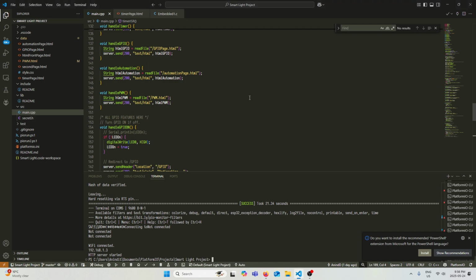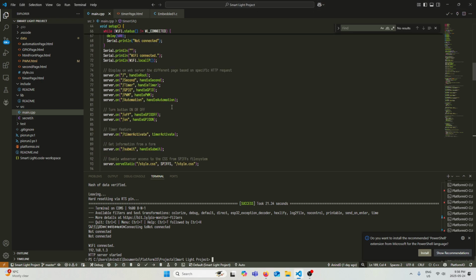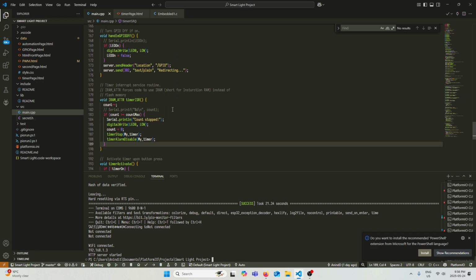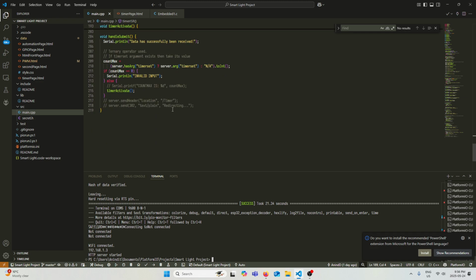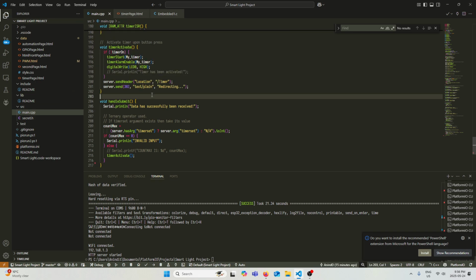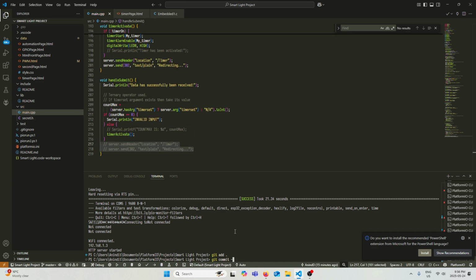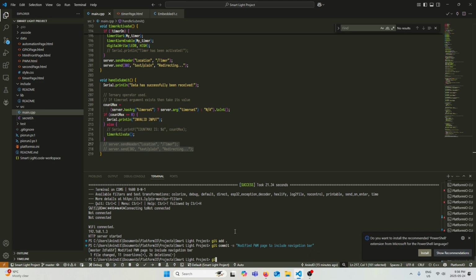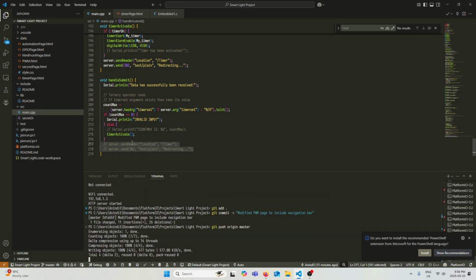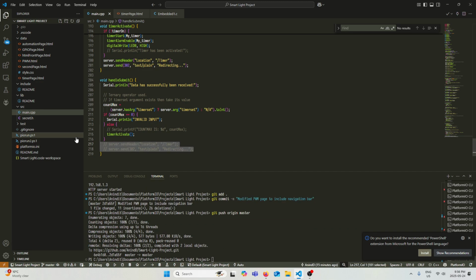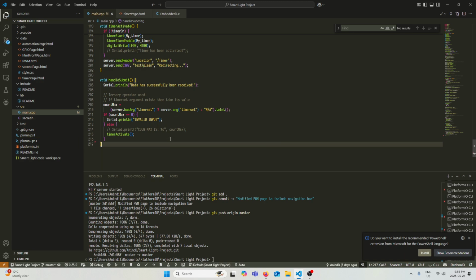All right, so I guess we can call it a day then. I don't think there's really anything to do here. Let me take this out. I don't need this. Okay, wait, actually, first things first, let me git add modify PWM page. Okay, good. Let me get rid of this. Get rid of that.